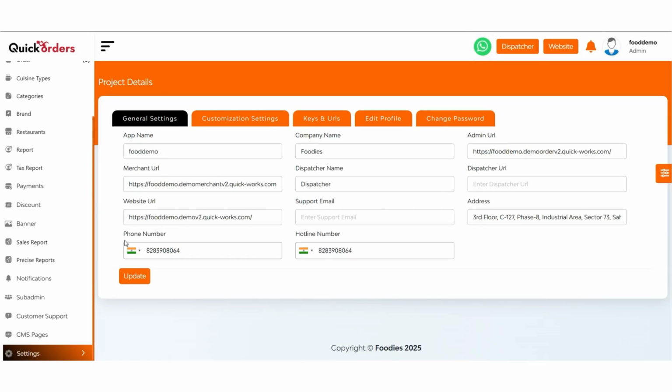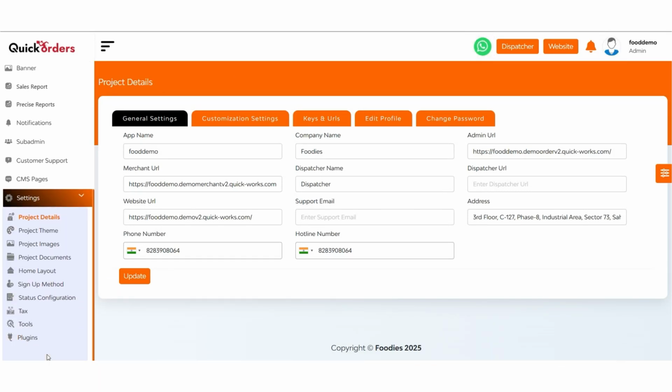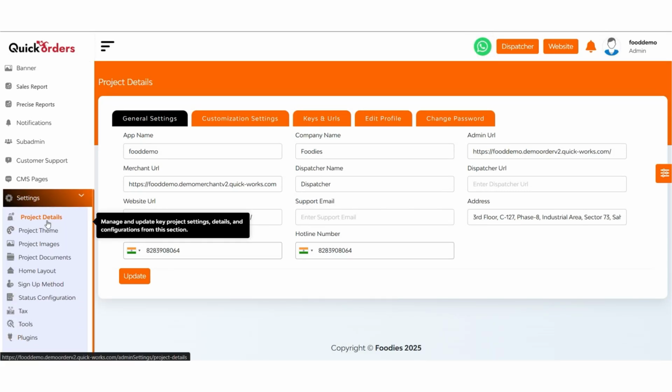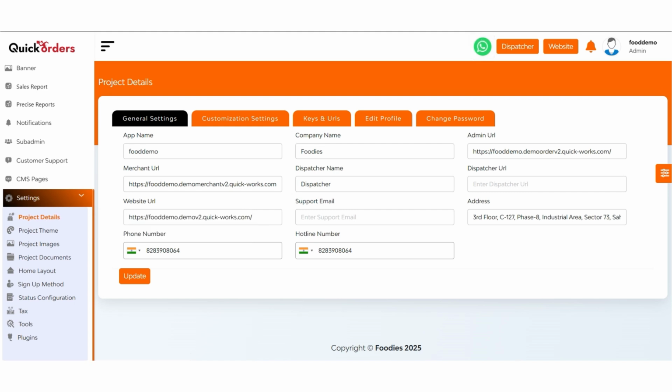So now we will talk about the settings. Basically, in the settings, very first, we have the project details. In the basic project details, 5 of these functionalities will be further controlled by the admin. Very first, these are general settings. In the general settings, the following details will be managed, edited, and updated from the admin